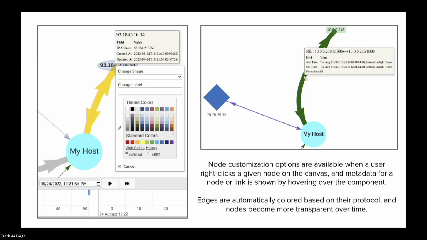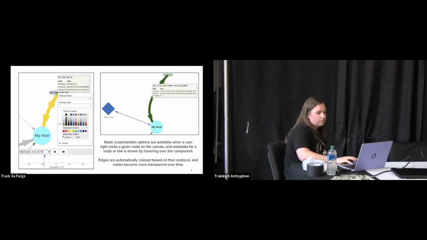But for the most part, it's pretty good at determining what protocol is being used. So purple is DNS. The green one shown in the picture is SSL. That was me going to a website and it was sending HTTPS traffic back and forth. I also added a feature of node transparency because some of the feedback I got was that